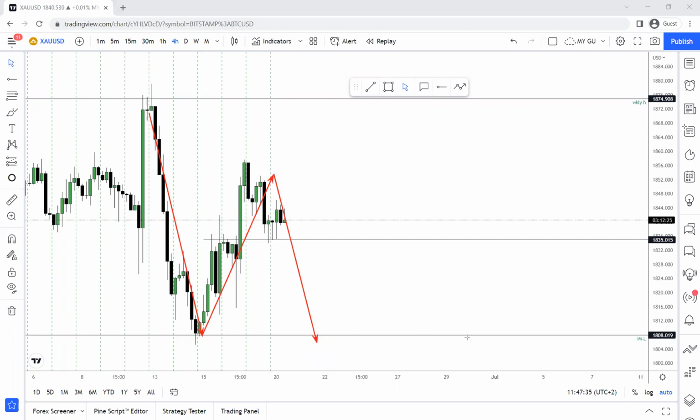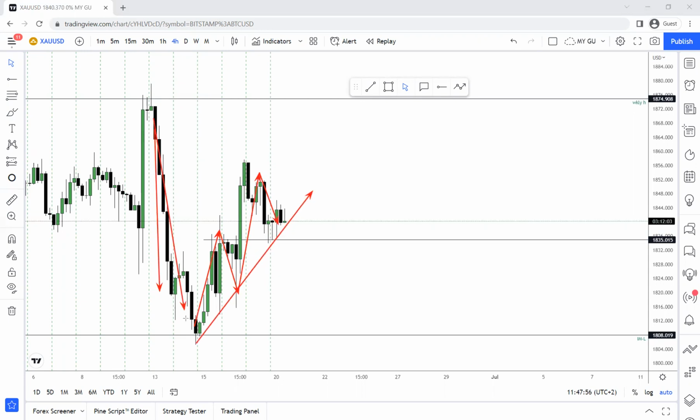Because you can see that when price went down, it went down. It didn't play around. But as price is going up, we have way too many this and that going on. So could this be the correction that we have right here? Right? And then this is the impulse correction for price to go lower. All right, that's our one possibility.